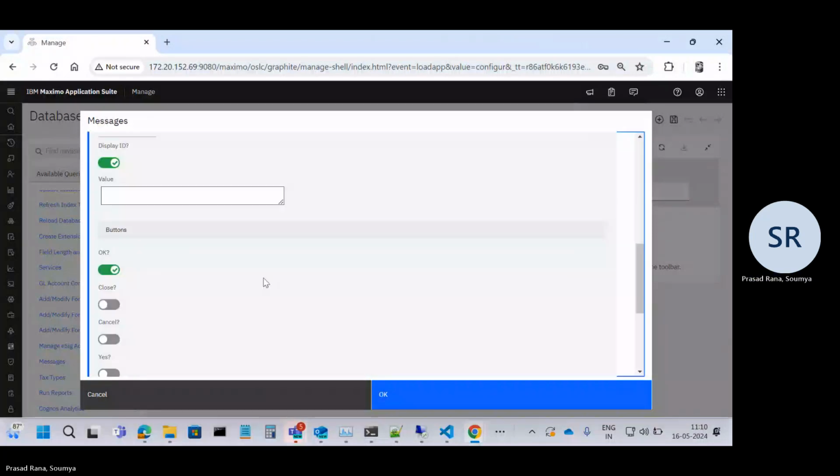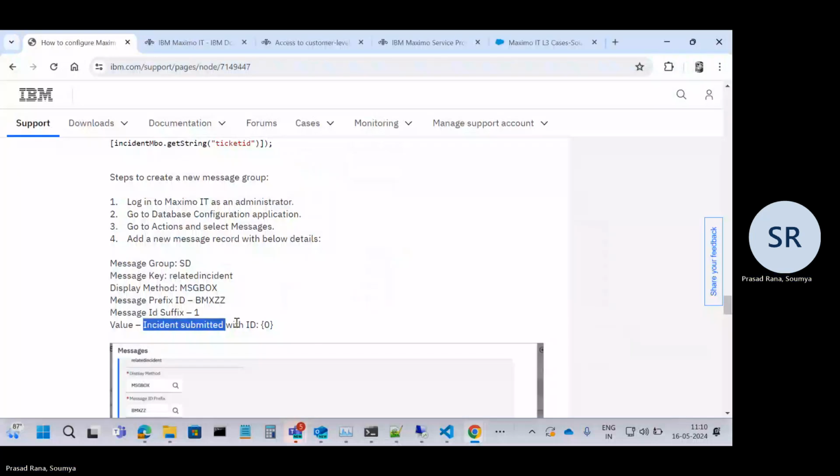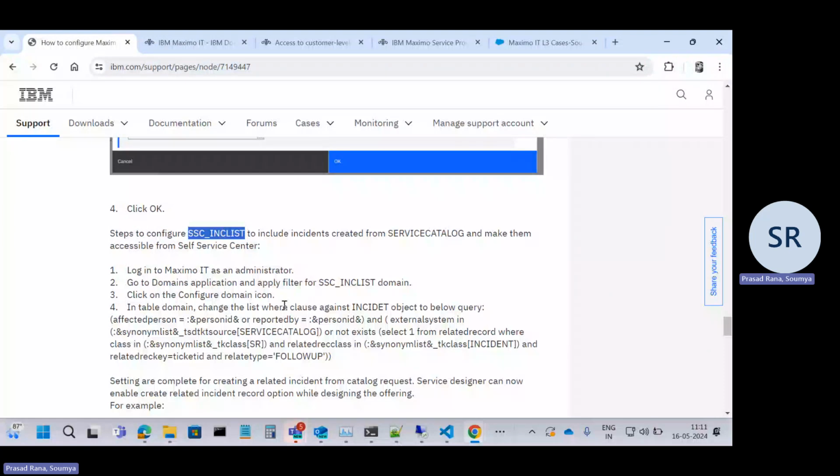As the value: this instance submitted with ID. Now click on OK. Okay, once the message is created, there is one more thing to configure. We need to configure the self-service center incident list. So we need to go to the domains application,